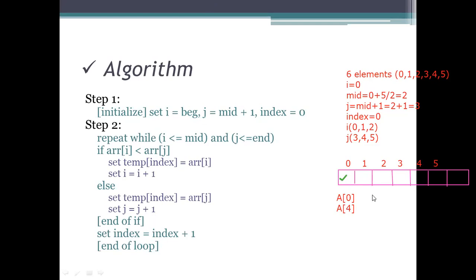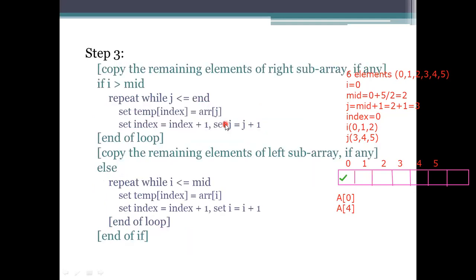We need to specify that the value you are going to store next time will be stored in the place of 1. So that's why we are taking index equals index plus 1. These two values are read. And we need to place the next value into that place. So that's why we are incrementing the I value and the J value here. That is step 2.